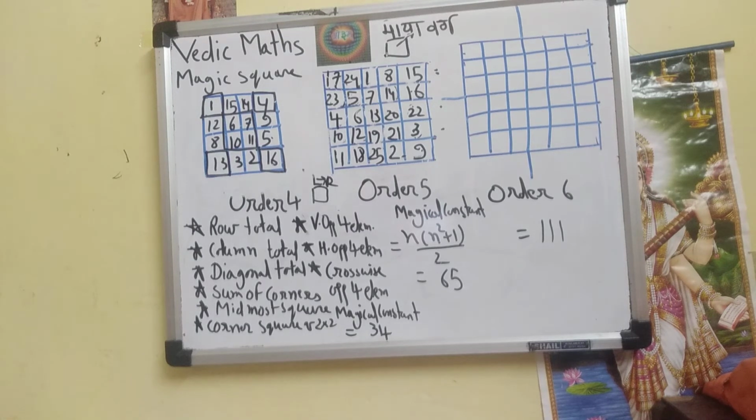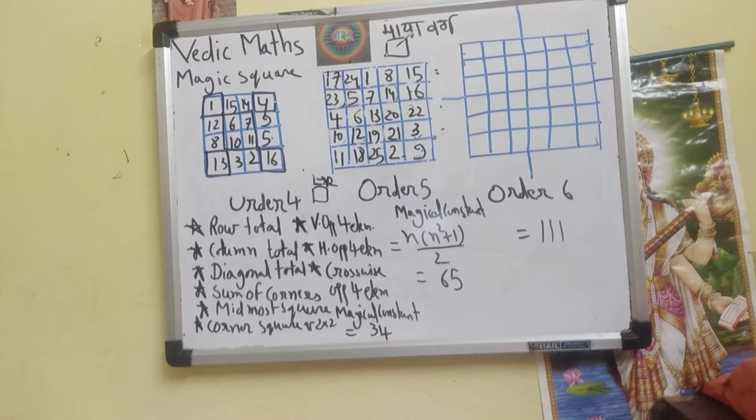In this way we have created a magic square of order 4. It is a special magic square of order 4. So let us see what made this square so special. Here the sum of each row is the same. Here the magical constant is 34, as 4 into (4 square plus 1) by 2, that is 4 into 17 by 2, that is 2 into 17, which is equal to 34.